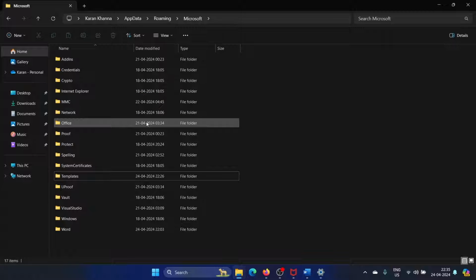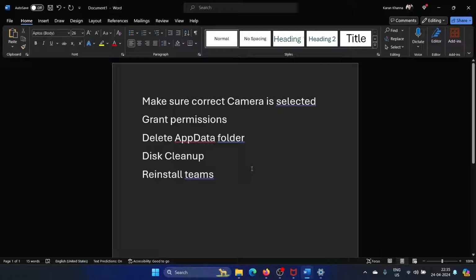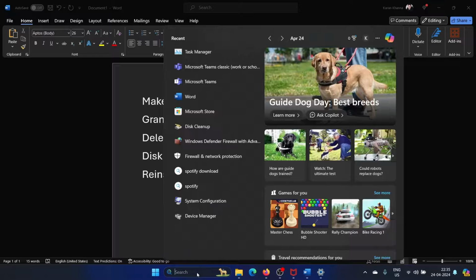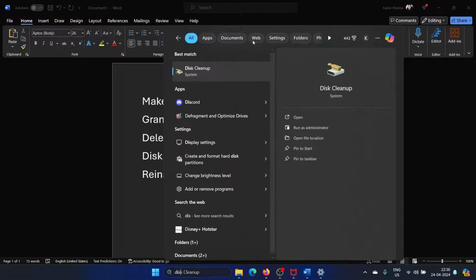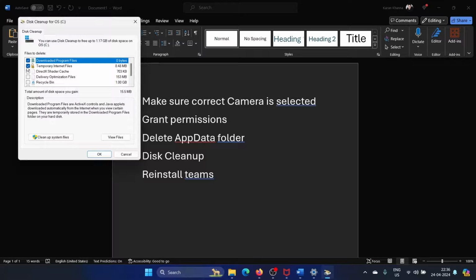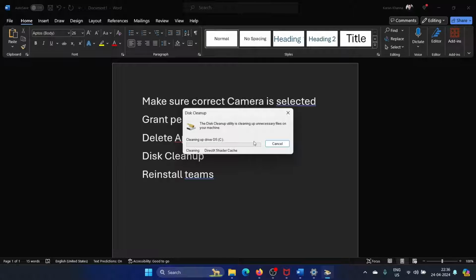see, it gets deleted. The next solution will be to perform a disk cleanup on your system, because that will erase all files associated with Microsoft Teams even after deleting the app data folder. So search for disk cleanup in the Windows search bar and open disk cleanup. Check all of these boxes and then click on yes and then click on delete files, and make sure that